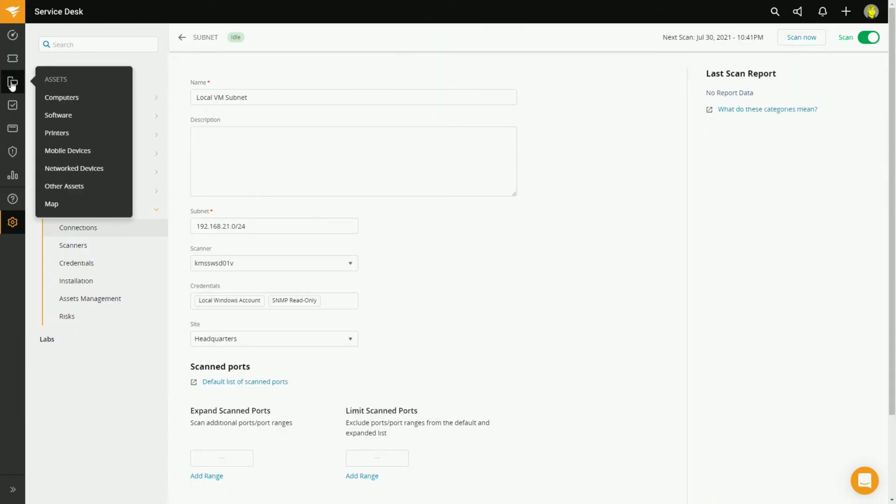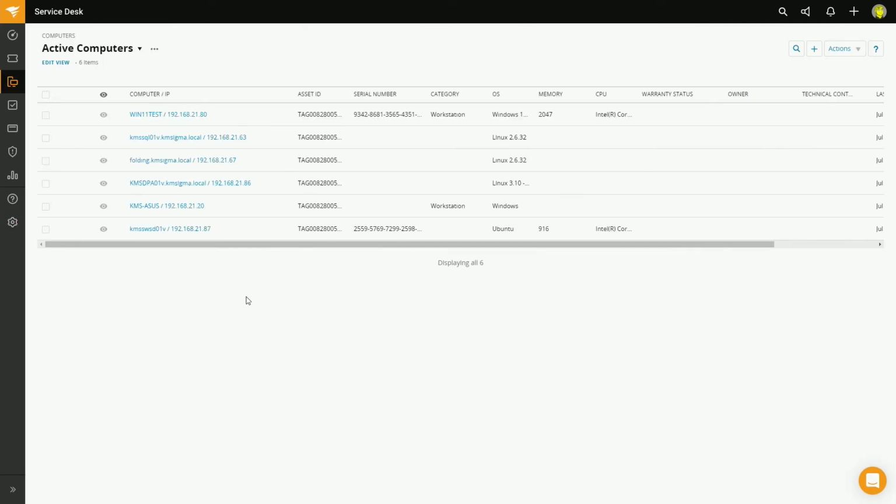When the information from the scanner or the agent appear, they'll appear in your asset list. So we can just go to Assets. And in this case, let's look at computers. And there we go. None of these machines were added manually. They were all done either by the scanner or by the agent. And this is a great way to work in your environment, especially if you're standing up small branch offices or working in a very, very large infrastructure. It's a great way to make sure that when you have an incident, you can tie it directly to an asset.